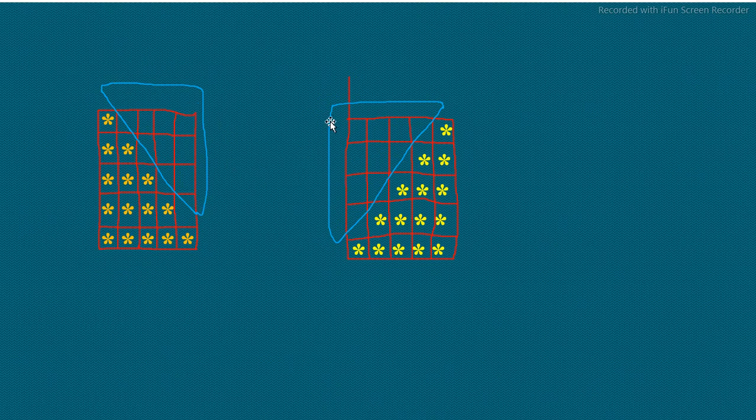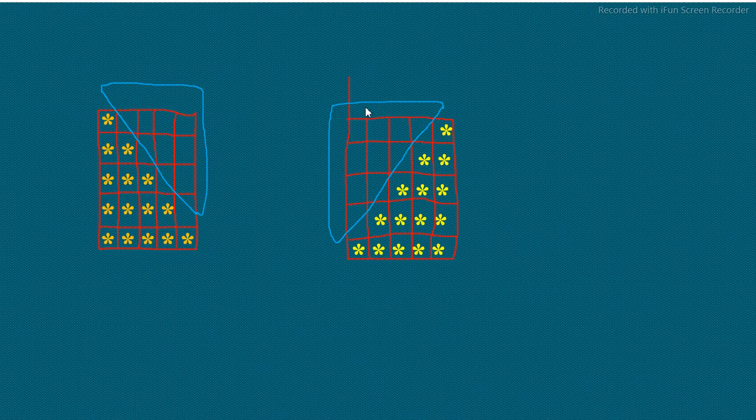But here, as the spaces are left side aligned, you need to worry about the spaces. So you need to first write the line of code for printing the spaces, then the line of code for the stars, because it is left side aligned. So this is the third point.